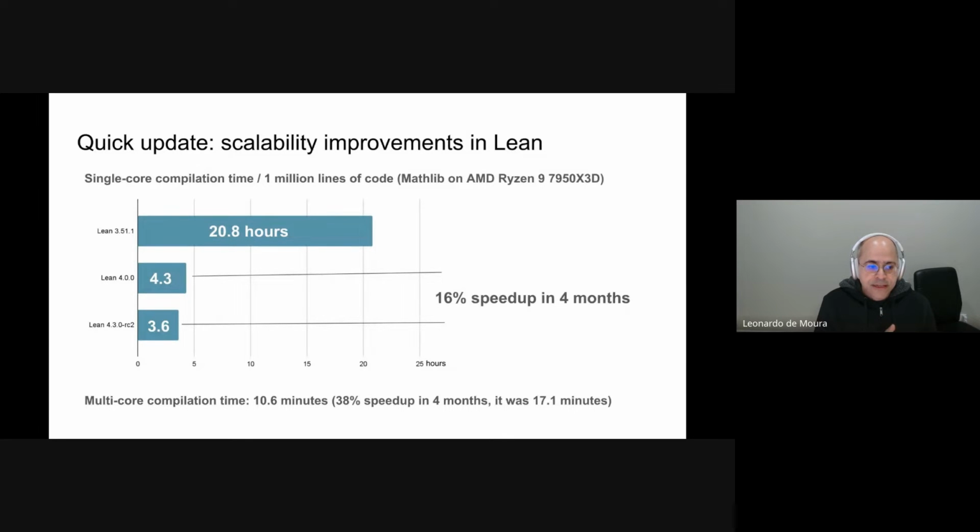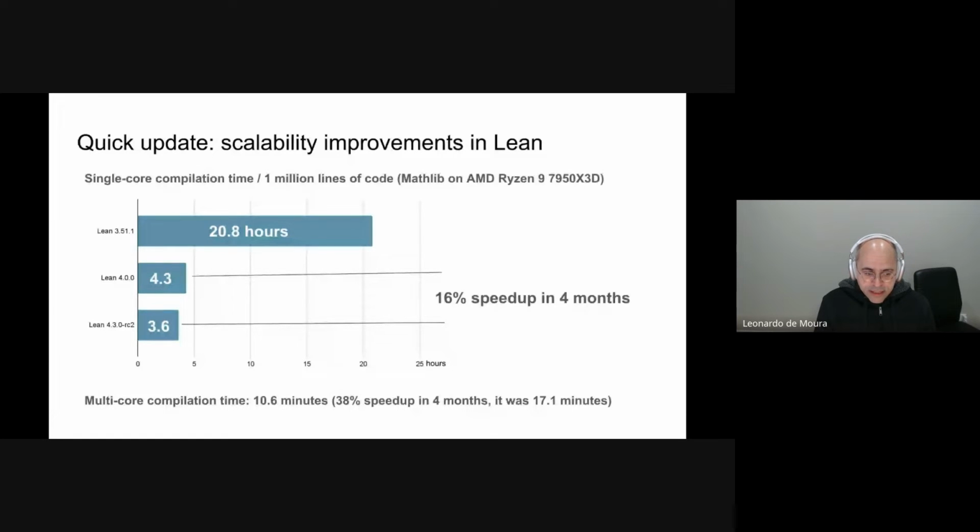With Lean 0.51.1, it took 20.8 hours to compile 1 million lines of Mathlib code. With Lean 4, just after the port was done and Lean 4 was released, it was taking 4.3 hours. Now, 4 months later, it's 3.6, a 16% speedup in 4 months.